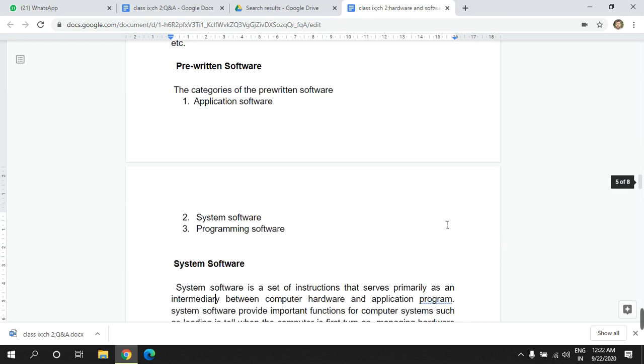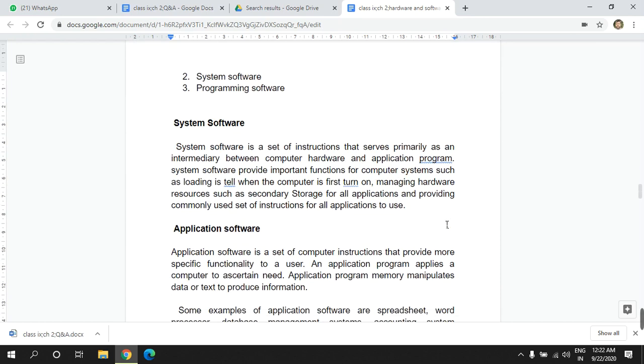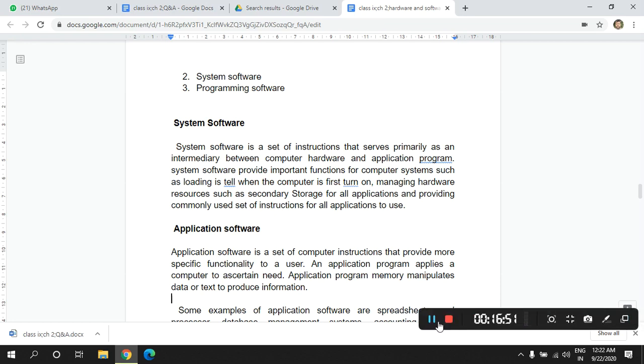So the system software is a set of instructions that serves primarily as an intermediary between the computer hardware and the application program. The system software works as the interface between the user and the hardware.